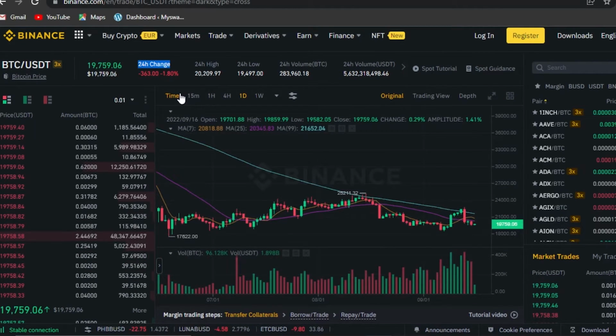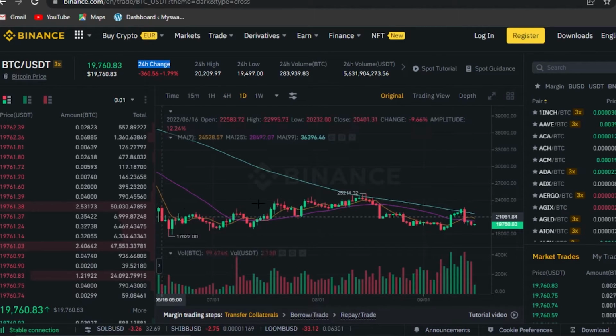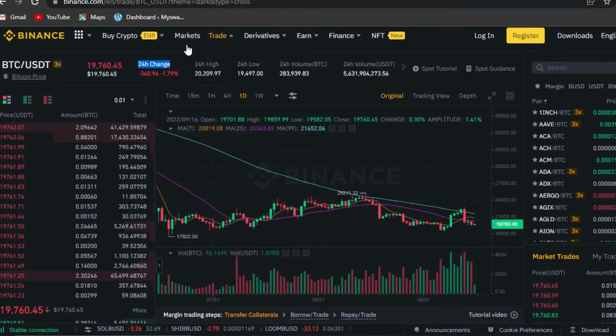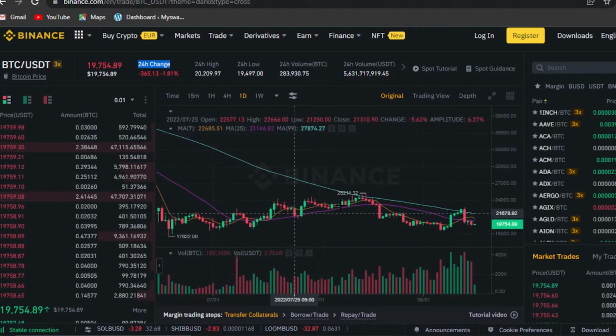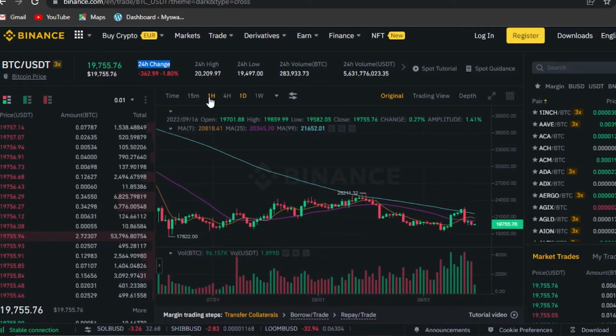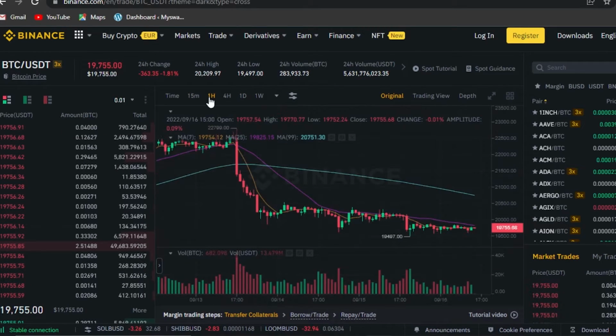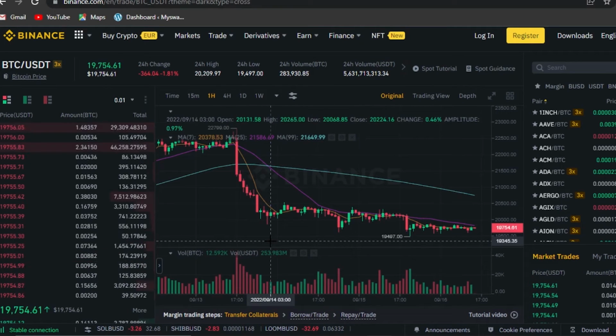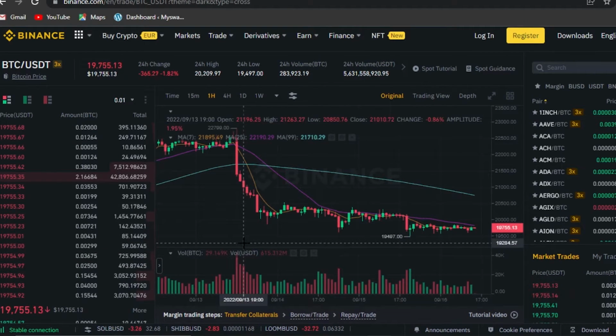Like you want to check out the view for 15 minutes, for 1 hour, 4 hour, 1 day, or 1 week. So what I've selected is 1 day. Now it'll show me different perpetuals, and we're actually checking out the margin trading. So here I have all of these values. I can now maybe switch to like 1 hour view, and it'll show me highest value and the lowest, and these are the values, and now I can just mark them and use different tools available on Binance to check